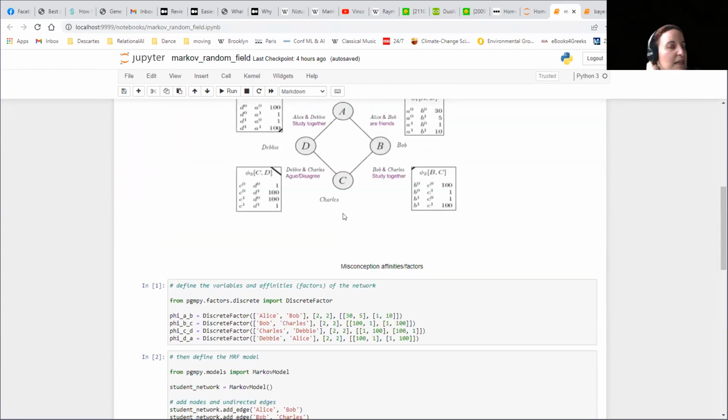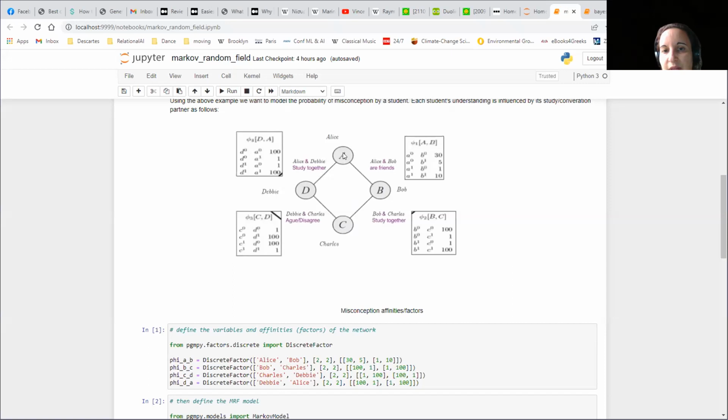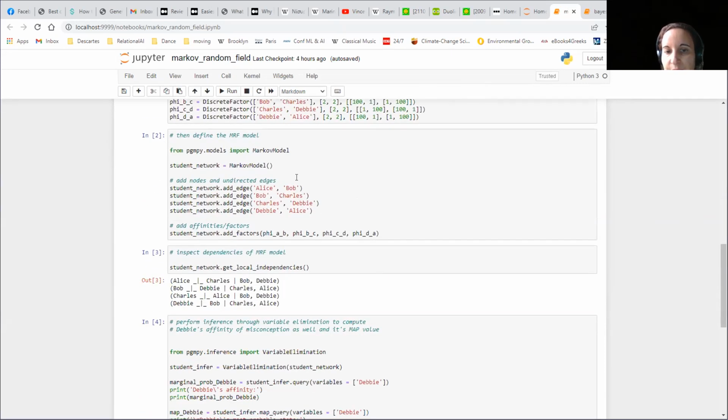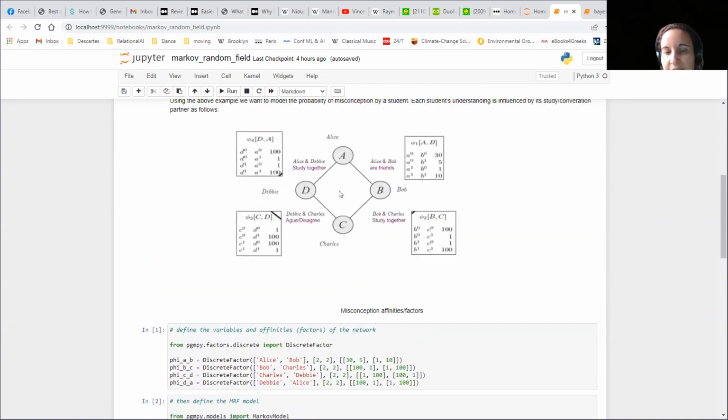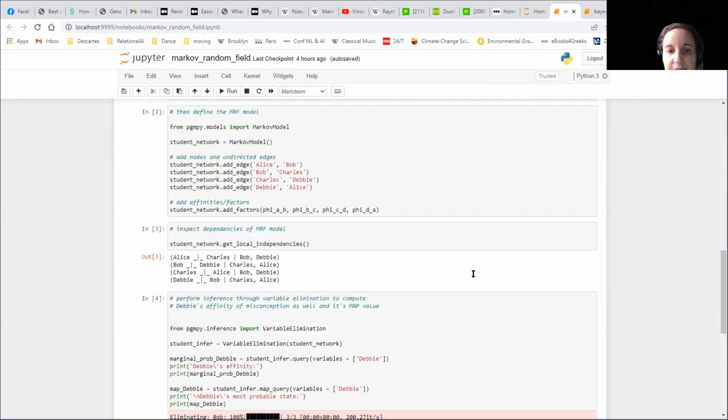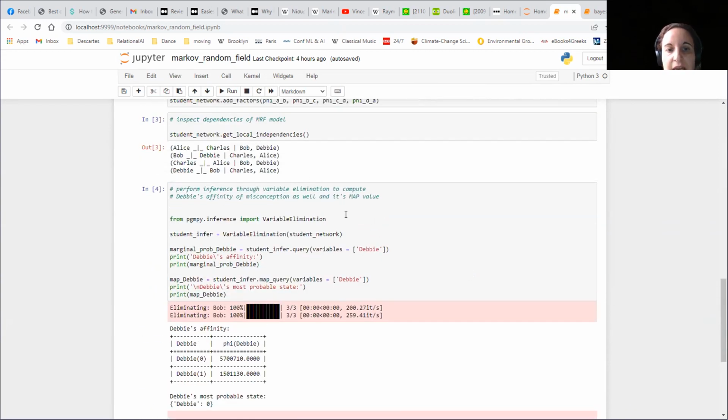Now, one thing here is that we don't really need to define the edges between the factors and the variables, because from the keys, the software can identify that. So it does identify the local dependencies automatically. It finds that Alice is independent of Charles given Bob and Debbie. Alice is independent of Charles. It's exactly what the graph shows here. There is no edge between them, but there is an edge between D and B, exactly the dependency that we described, and so on and so forth. And then, having the MRF that we created, we do a variable elimination,